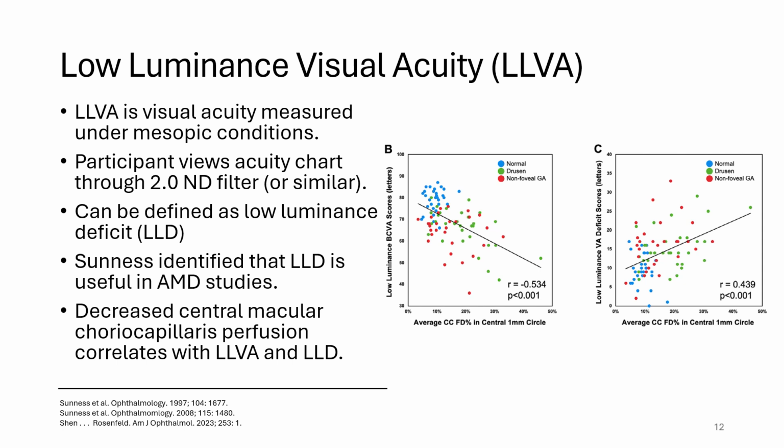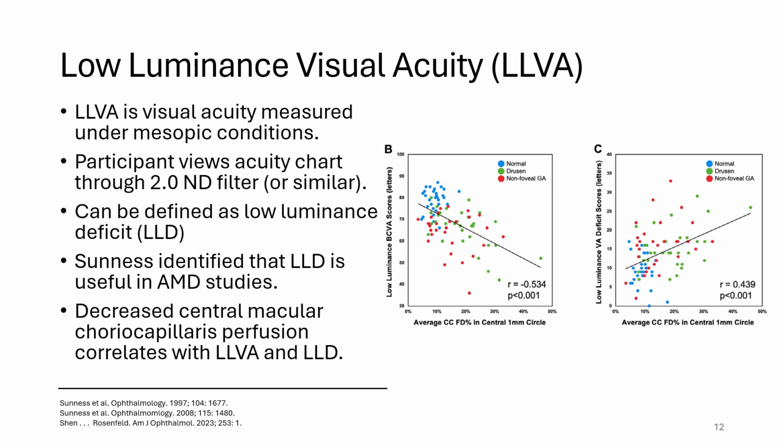Low luminance visual acuity is measuring acuity under mesopic conditions. Patients view an acuity chart through a 2.0 neutral density filter. In some studies, the neutral density filter is higher or lower than 2.0, but the idea is that the chart is viewed at a mesopic light level. The difference in visual acuity at a photopic light level and measuring it under mesopic conditions is called the low